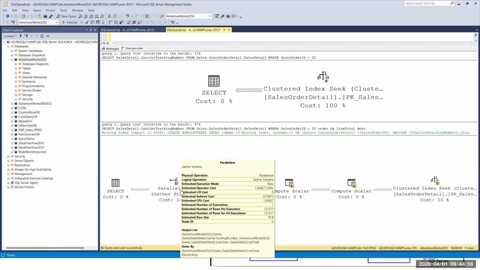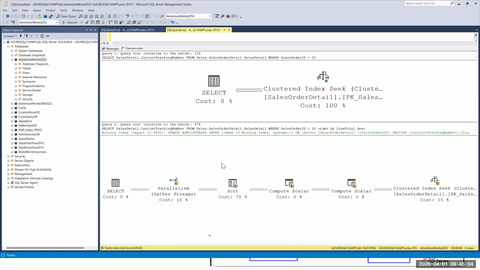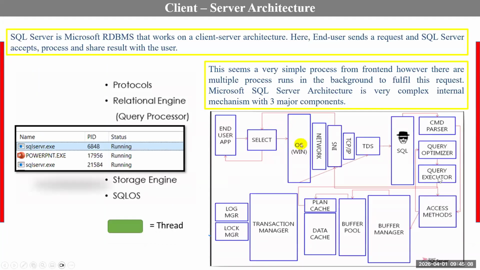Once the execution plan is prepared, it will go to the executor, and the executor will start executing that plan. Is it clear?